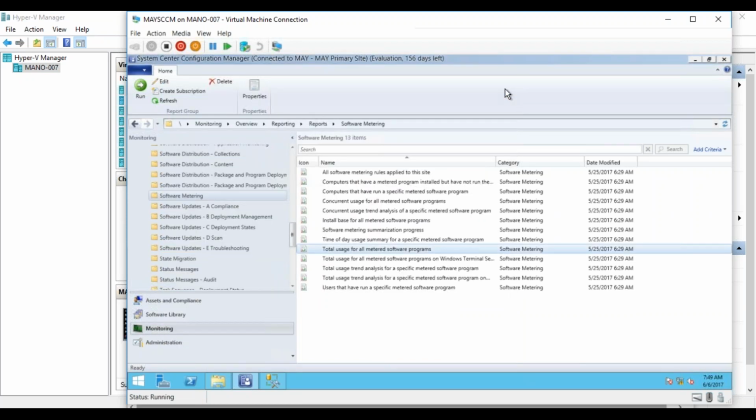Okay, maybe tomorrow in tomorrow's class, by then we'll have this and I can show it to you. But this is the whole concept, guys. Once the application is run there, automatically, based on your software metering tool, it will track the process ID. It will have that information for 1 week on the client computer. Then after 1 week, based on the report cycle, it will send it to the site server